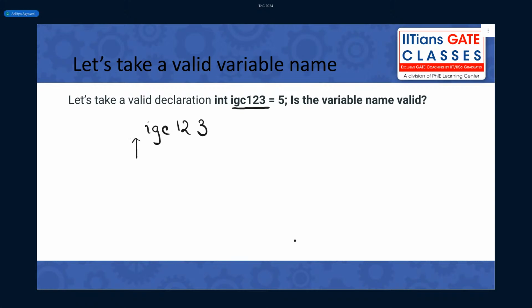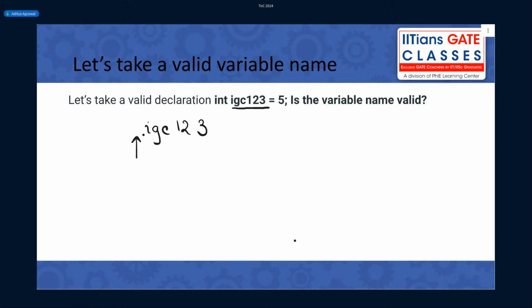Okay, I'm trying to read this string character by character. When the pointer is at the leftmost side, which means I haven't read a single character till now. Understood? I've introduced an arrow which says how many characters I have read, or which character I am currently reading. When it is on the leftmost side of the variable name, that means I haven't read any character.